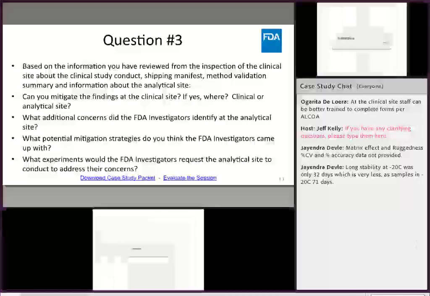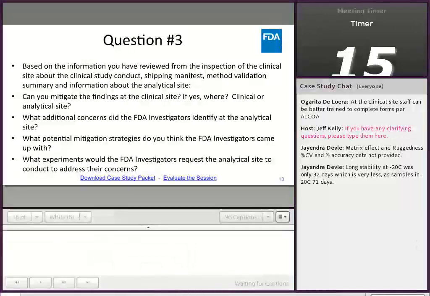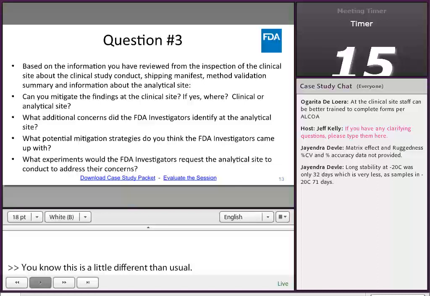We were supposed to be doing this in person in a big open auditorium, but we are really impressed with all of the discussions on the case study chat and the engagement of people, because it's definitely weird. It's another one of the many changes to normalcy that we're all experiencing, but we really appreciate your